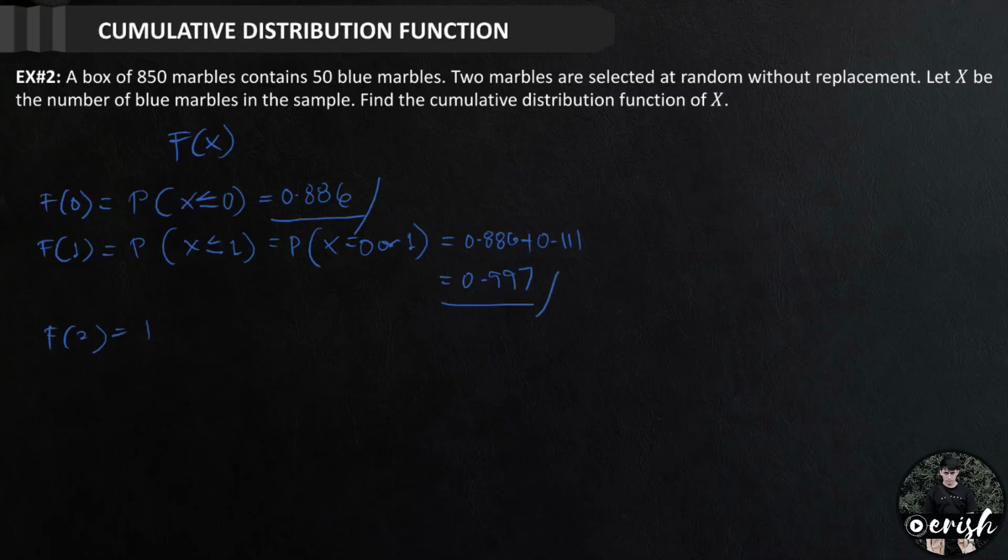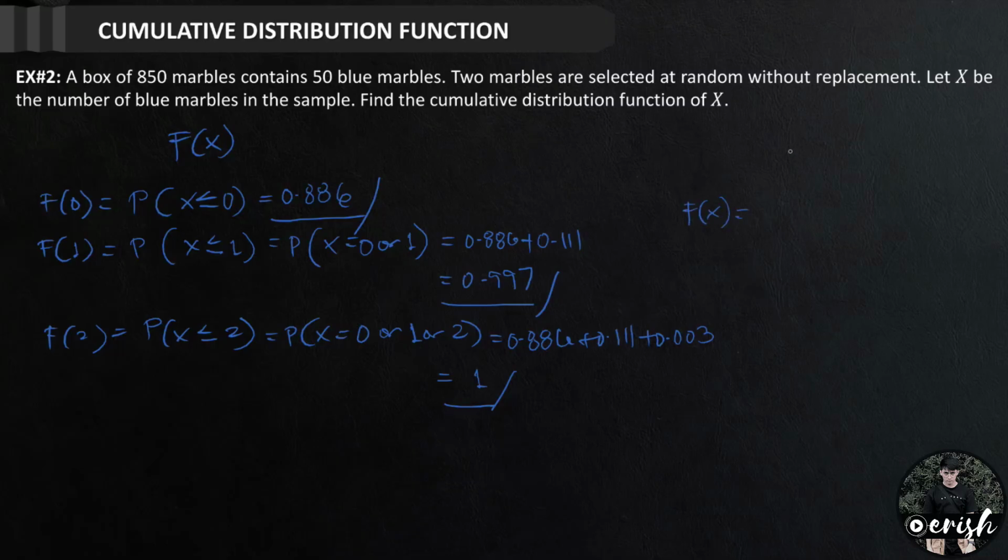For f of 2, we write P of x less than or equal to 2, and this is P of x equals 0 or 1 or 2. Again, we add, this is 0.886 plus 0.111 plus 0.003, and this is now equal to 1. So the final probability for the cumulative distribution function must be 1, since this is cumulative. And for our cumulative distribution function, this is our final answer, f of x